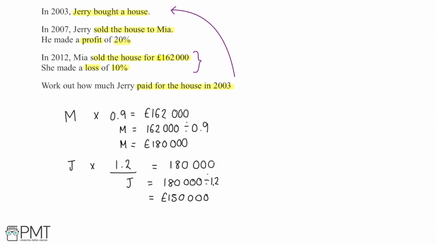And J was the original amount that Jerry bought the home for, because that's what we assigned the variable to be. So in that case, we've come to the correct final answer, and we know that Jerry paid £150,000 for the house. Now, as for how the marks are awarded here, the first mark is for